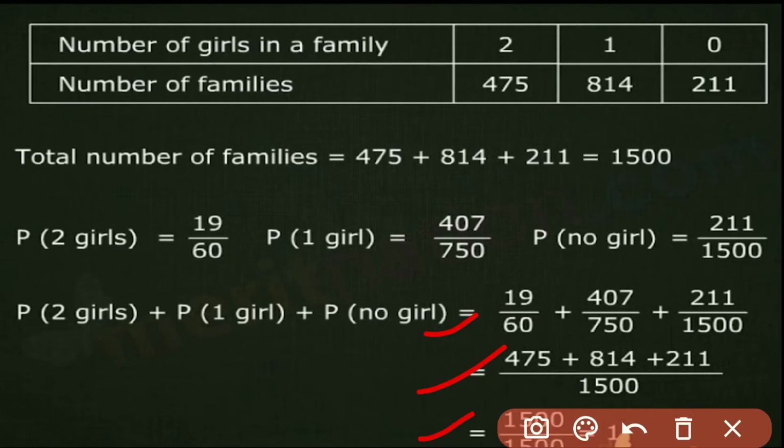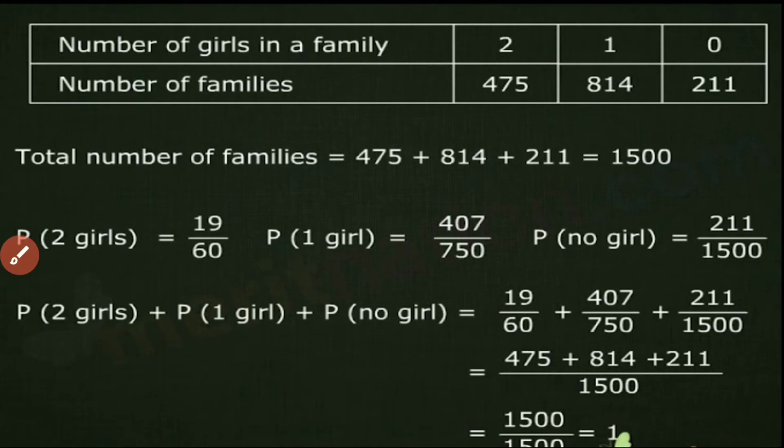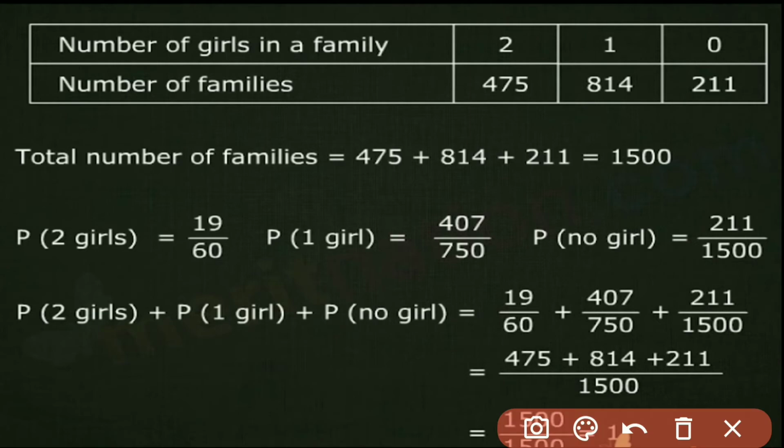Here the steps are mentioned, 3 steps. Why do we have to do the LCM? Because in the third stage we are finding the total probability, to check whether the conditions we have worked out are correct or not. To check that, we have summed the probabilities of all the conditions, and since the denominators are different, we made them common using the LCM, and we took 1500 as the least common multiple and used 1500 as the denominator in both places.